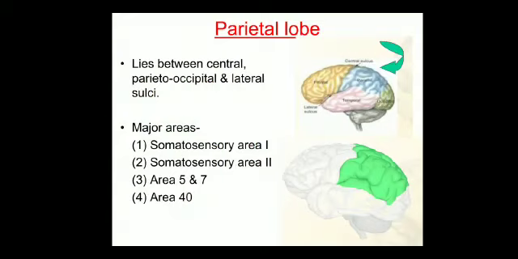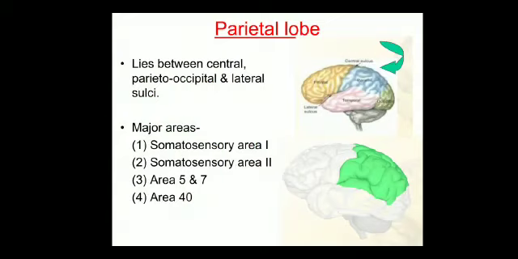We know that the somatosensory area is responsible for the sensory functions, all sensations, that is the touch, pain, temperature, tactile localization, tactile discrimination of all the parts of the body from the opposite side, that relays here in the parietal lobe. So that is the function of the somatosensory area. Apart from this, we have area 5, area 7 and area 40.